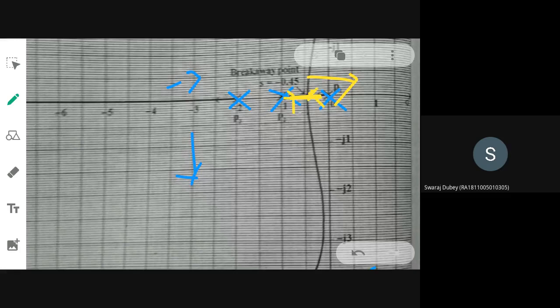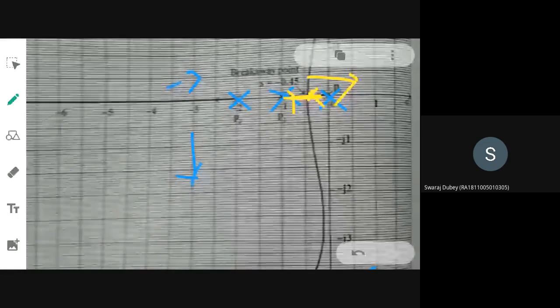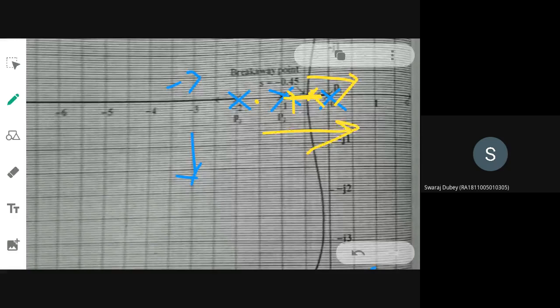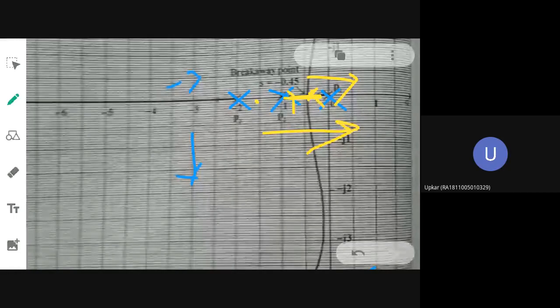So go to plus. Two branches will be originating and it will break away at a particular point. Okay, then one more point you fix up here. Then find out how many poles to this side. How many now? 2. So that will not form part of the root locus.